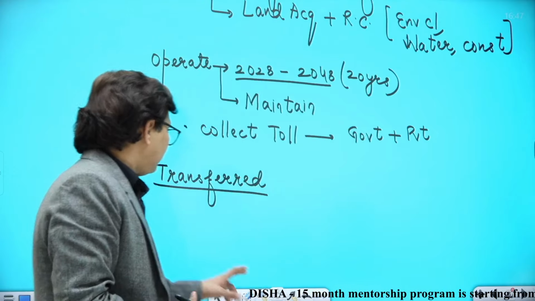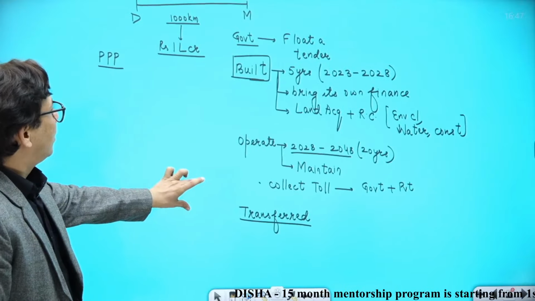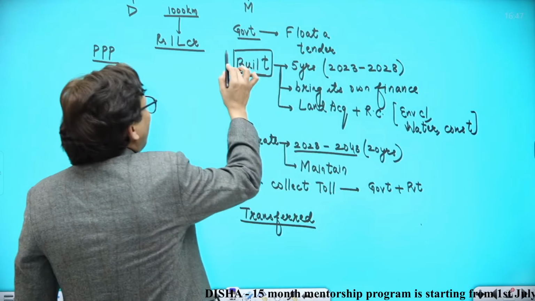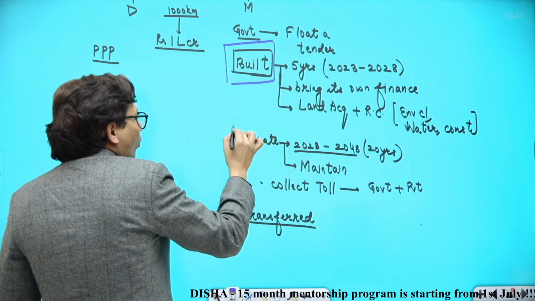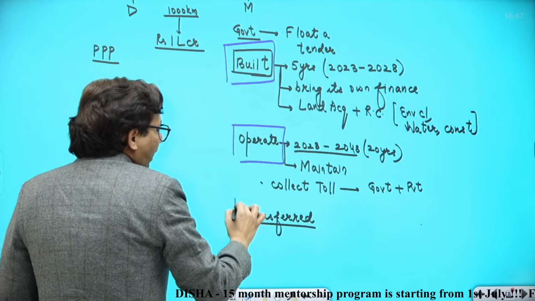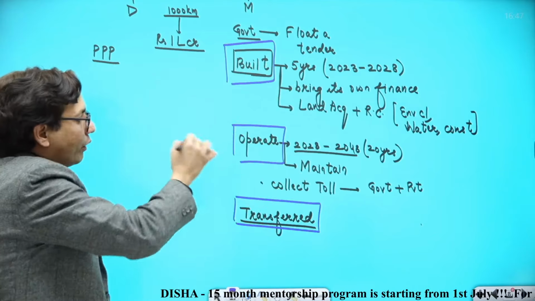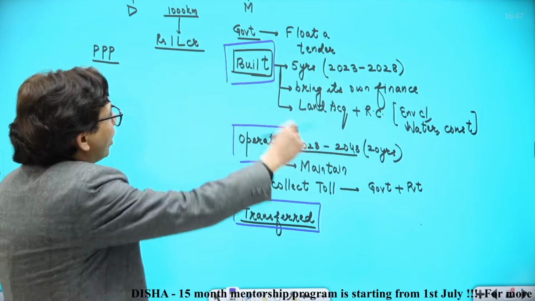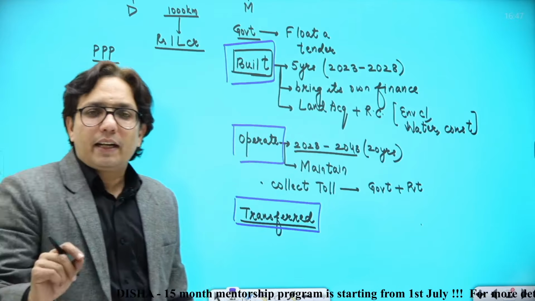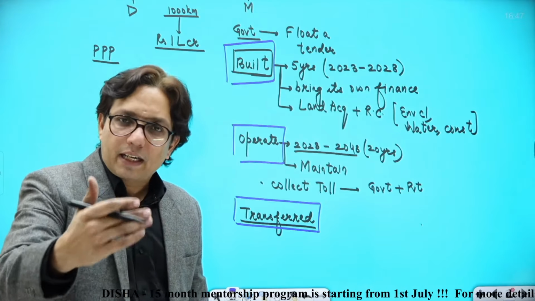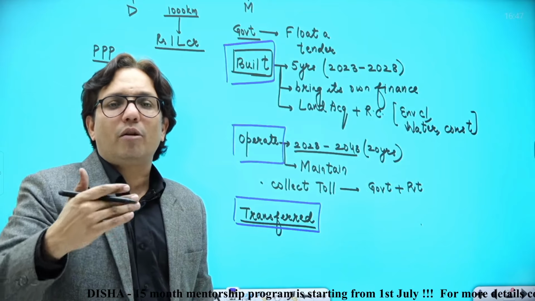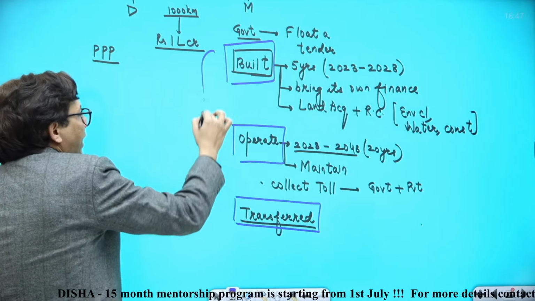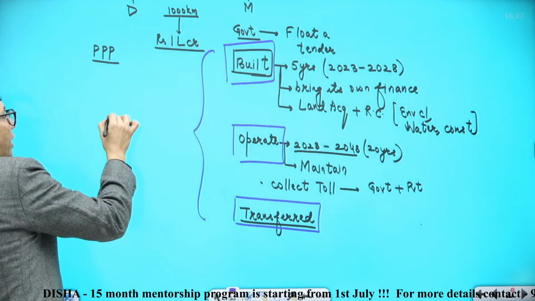Fair enough? So what is happening is, the private party would be building the expressway, it would be operating it also, and after operating it, the party would be transferring it back to the government. And all these things would be written in an agreement between the private party and the government, that these would be the responsibilities of the government, these would be responsibilities of the private player. All these things are written in an agreement, and that agreement is called MCA,